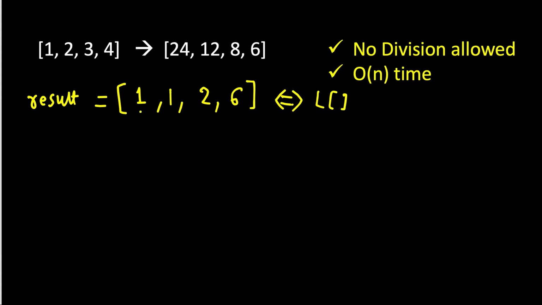And now for each element, we need to multiply the product of all the elements to the right. For this one, there is nothing to the right, so this will come as it is, 6. And we can have a product variable. We can initialize it with the last element. And we can start our iteration from here, because we know for the last it will be the same as this. Everything is to the left. So we come here, we see what is the product of all the elements to the right. It's 6. And what does this 2 denote? This 2 denotes the product of all the elements to the left of it. We have the product of all the elements to the right of it. So the result should be this 2 multiplied by 6, which is